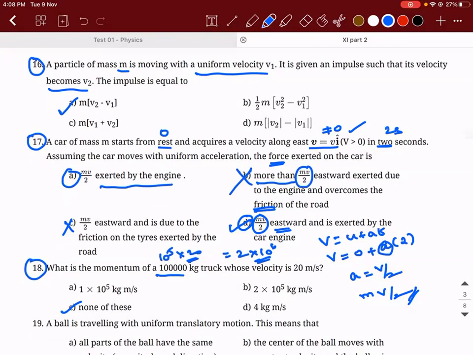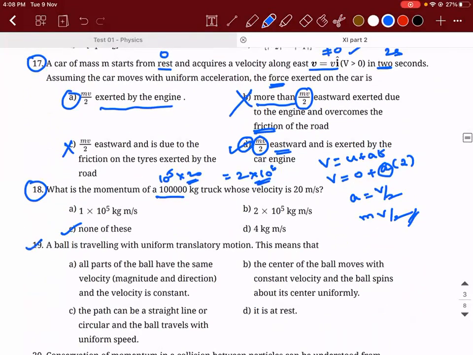Sir, same question. They are given velocity is non-zero and positive, right, sir? So that's why we need to take it along east, and hence we are taking eastward in the answer. Moreover, in case the answer was friction, it should act westward, right? Friction would have acted in the leftward direction. Yes.